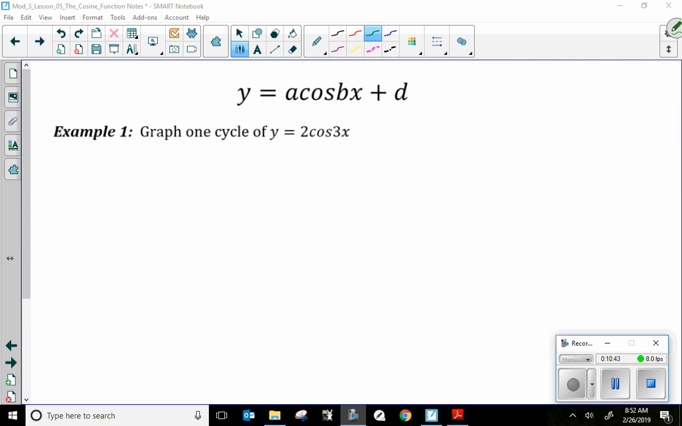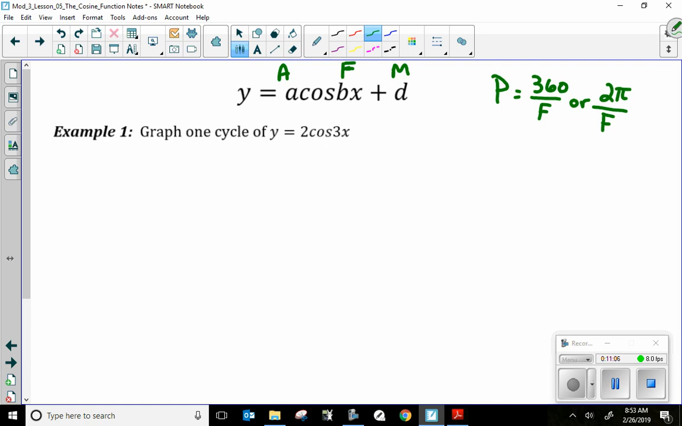of x. We have A, that should be our amplitude, right? We have B, that's our frequency. We might have this value D, which could be our midline, okay? And then I can find out the period by taking 360 and dividing it by the frequency. Or, if it's in radians, we can take 2 pi, because that represents 360 degrees, and divide it by the frequency. All right, so remembering this, let's move forward and let's graph one cycle of y equals 2 cosine of